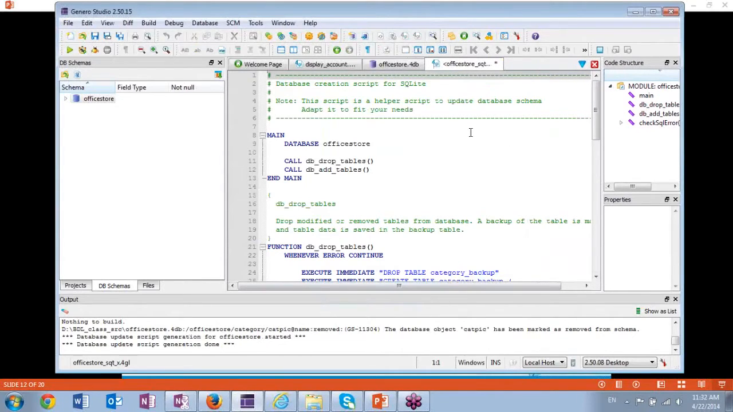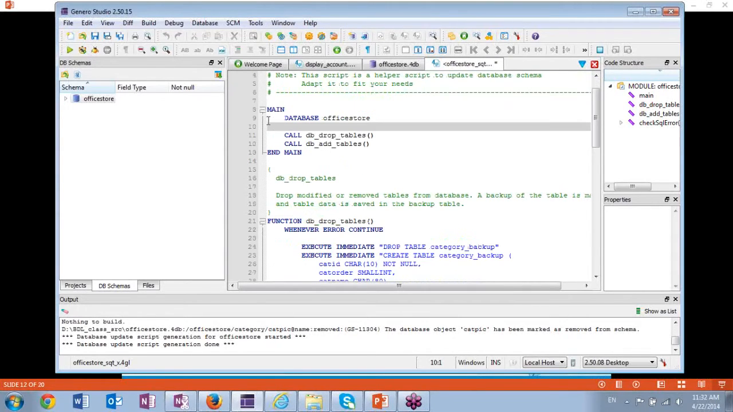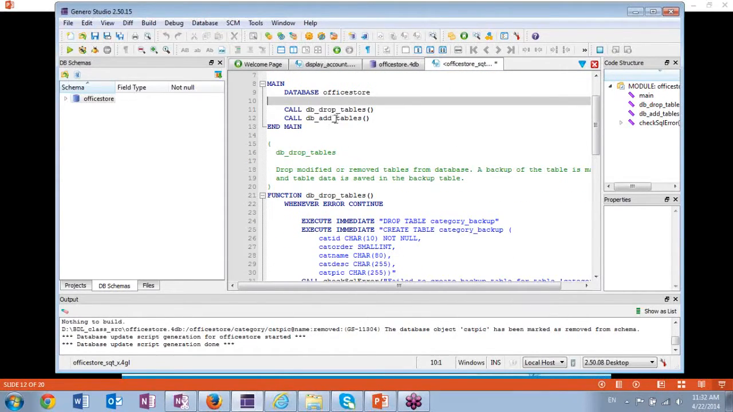So this is very neat. It actually creates a script that you could use to update the actual database and make the changes that you've created in your meta schema file. So we're kind of going backwards. Instead of going from the database to the meta schema, we can go the other way. So here's the main. It's just an FGL, a BDL program. Here's our main, calling a couple of functions here to drop and add tables if that turns out to be